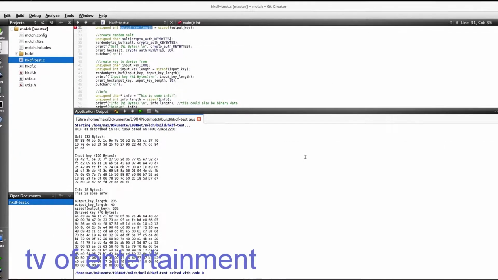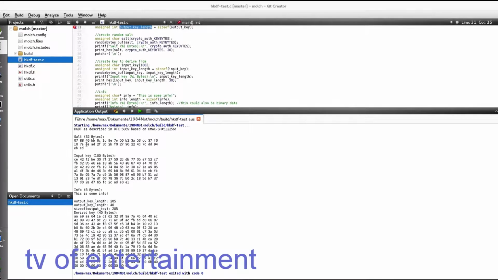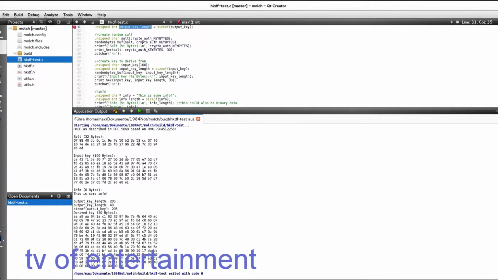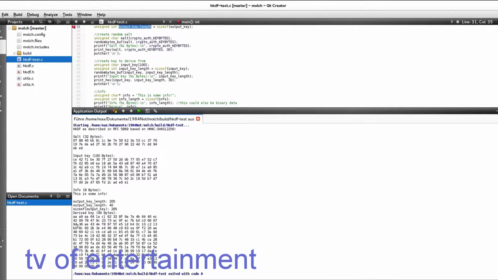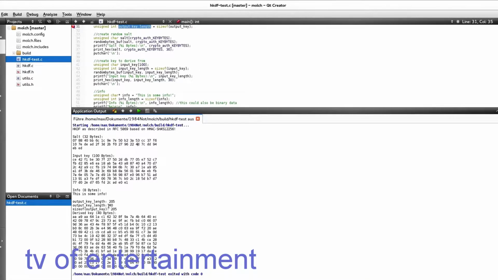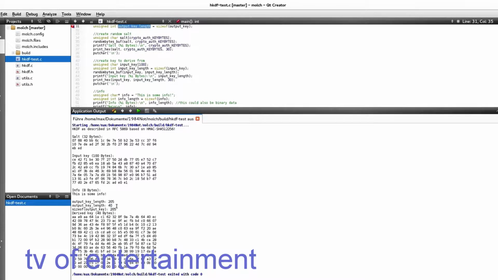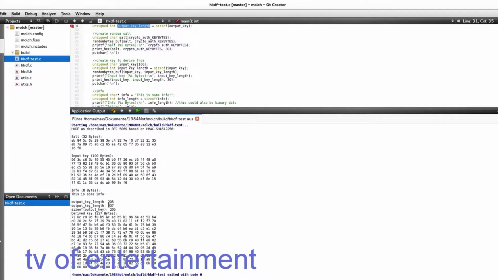Today I want to show you interesting stuff that can happen if you program in C. I have this program here which derives a key using a cryptographic hash function, HKDF, and every time I run it, this value, the output key length, gets magically changed without me assigning to it, and it is different every time I run it. So you see it's now 237,